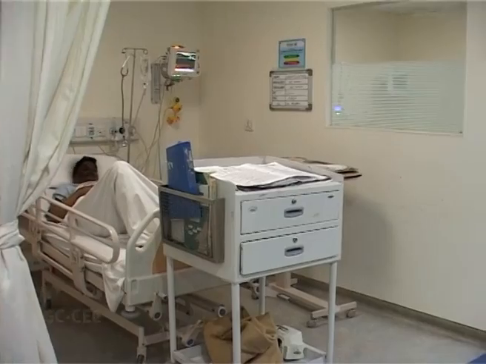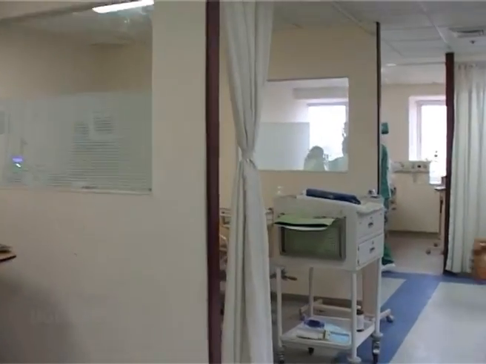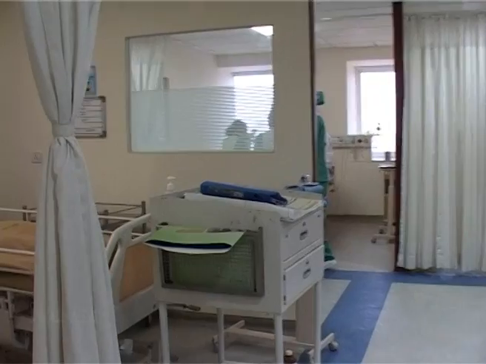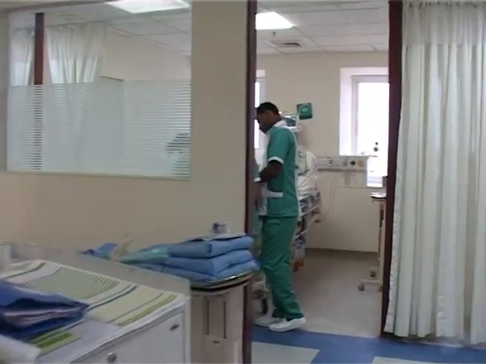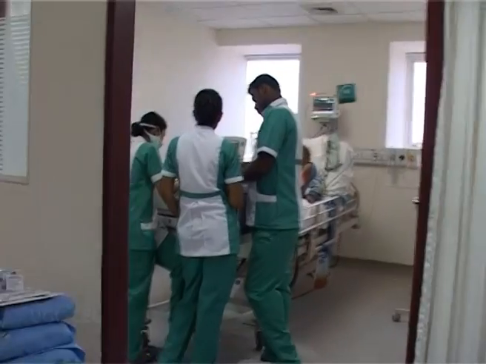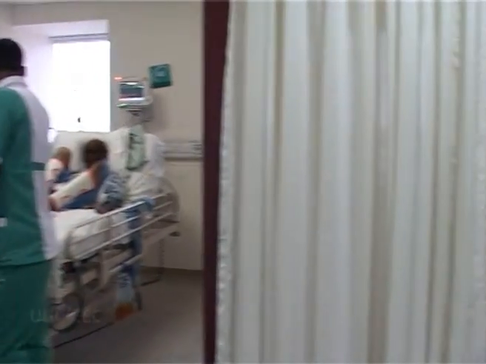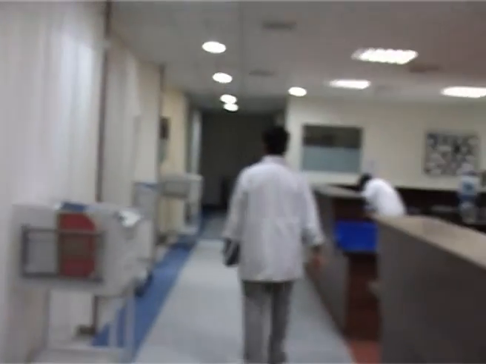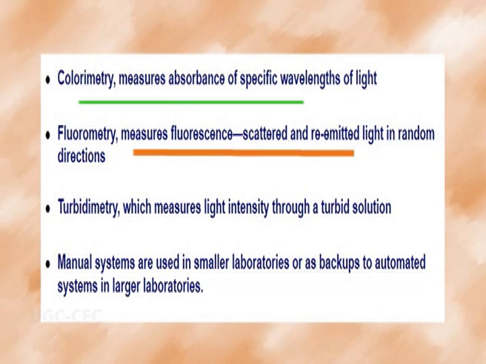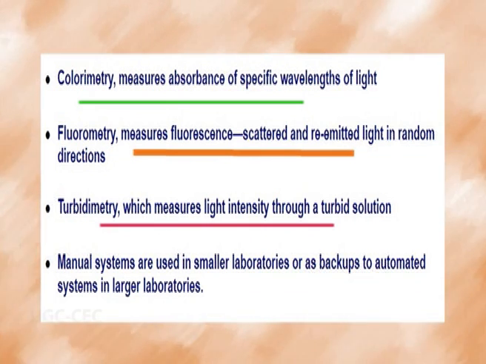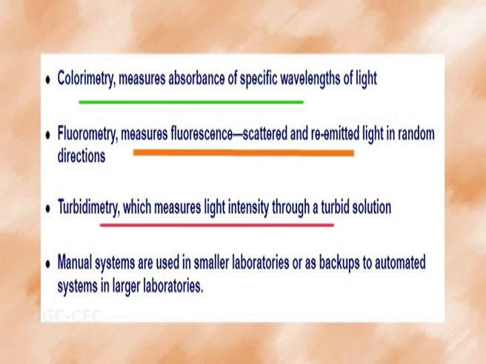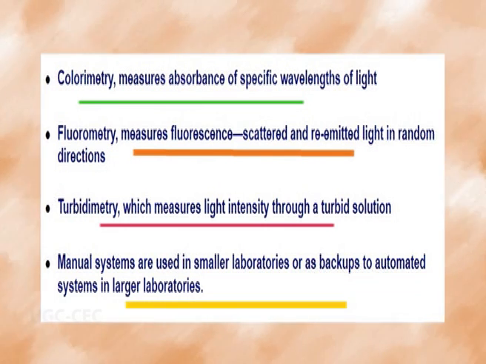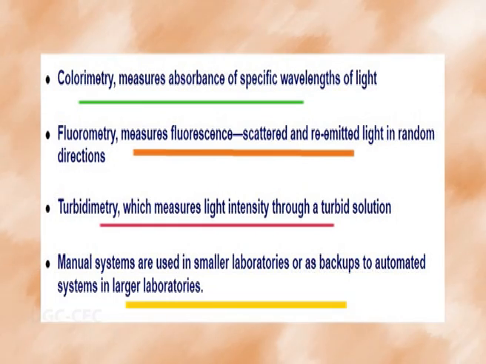Both automated and manual microbiology instruments and methods are available. Automated systems are used at most larger institutions where the volume of cultures performed per month is several hundred or thousand. This is true for different hospitals particularly and large diagnostic centers. The automated systems in the microbiology lab generally use the principles of colorimetry, fluorometry, or turbidimetry. Some also follow radiometric techniques. Manual systems are usually used in smaller laboratories or as backups to automated systems in larger laboratories.